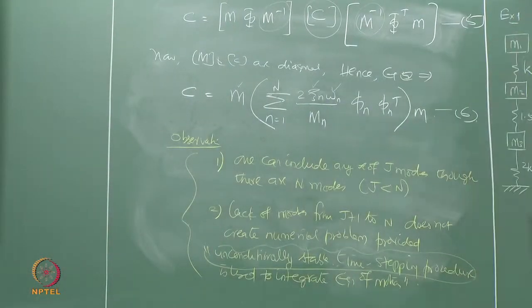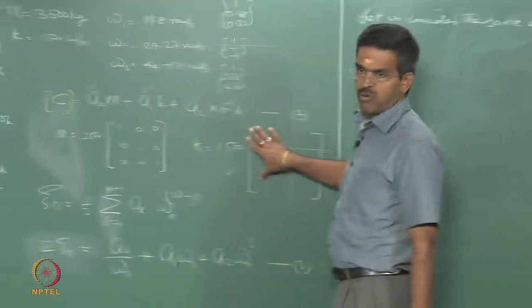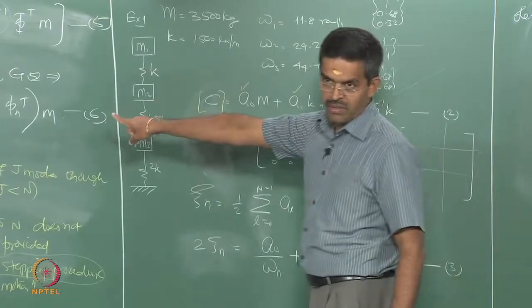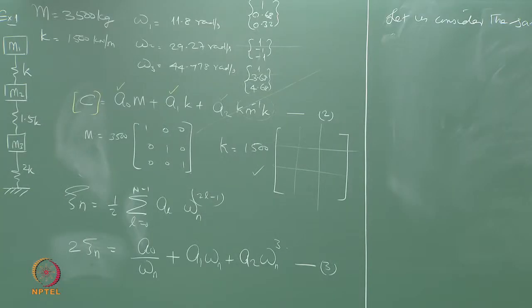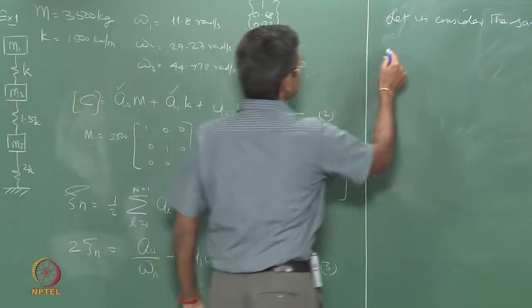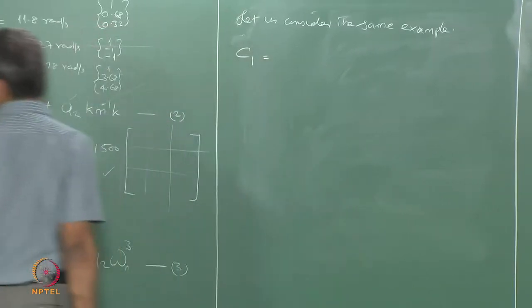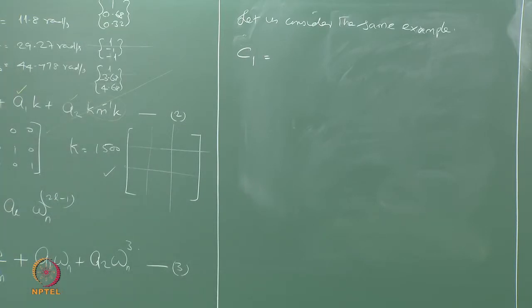So, I have M matrix and of course, I will have K matrix, but I do not require K. So, there is no botheration about this, I want only M matrix available with me here. Let us do this. So, let us first find C1. Let us substitute C1 and see what happens.